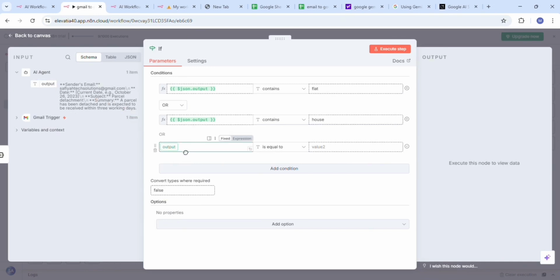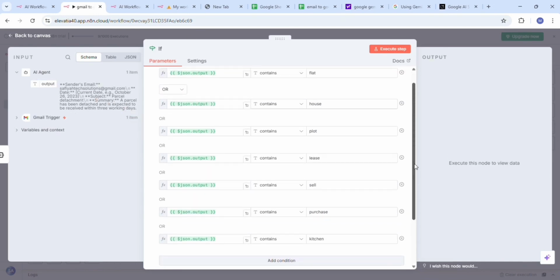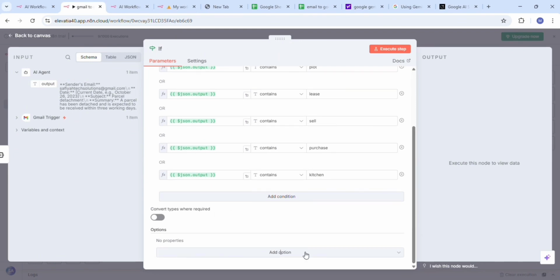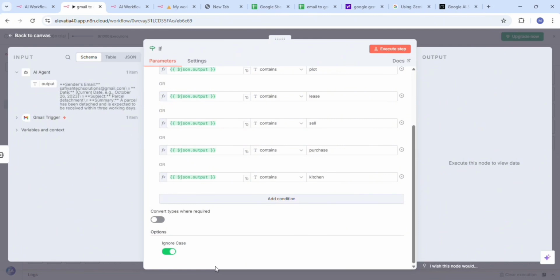You got my point? I've added all the letters, the phrases that might contain. Moreover, what I have to add is the ignore case. Well, it's not necessary that the inbox email is in lowercase. So if it's in uppercase, there might be some problem. So we have to put the ignore case thing. Now if I execute this step,